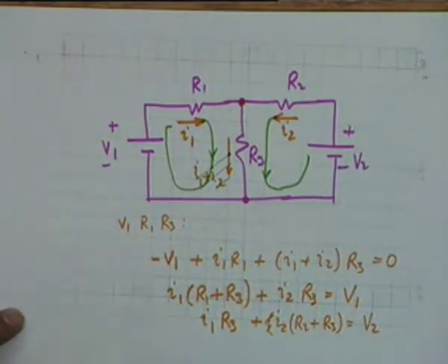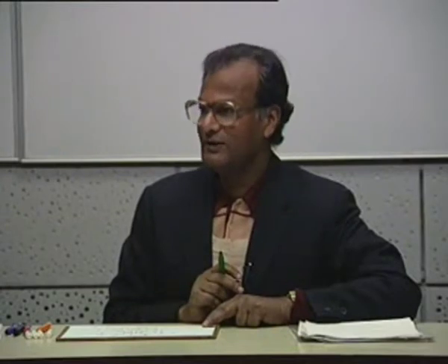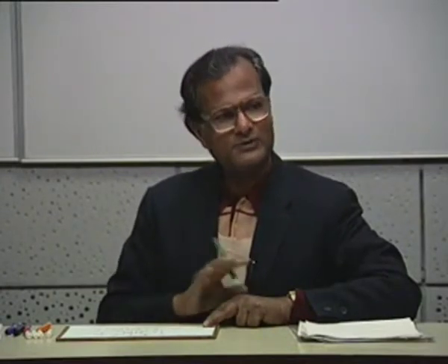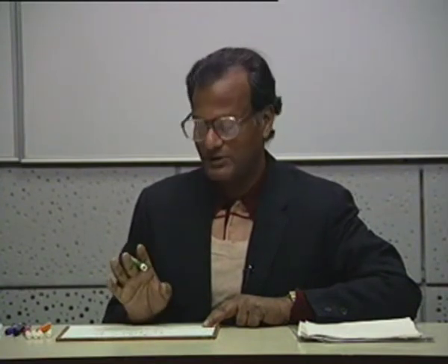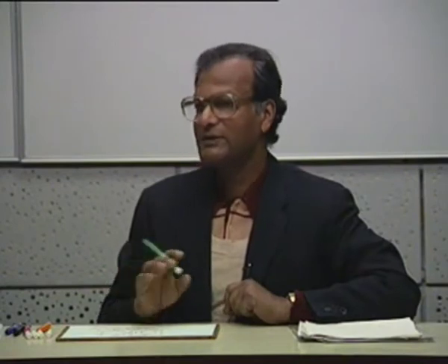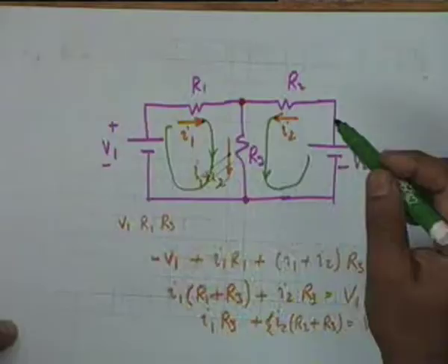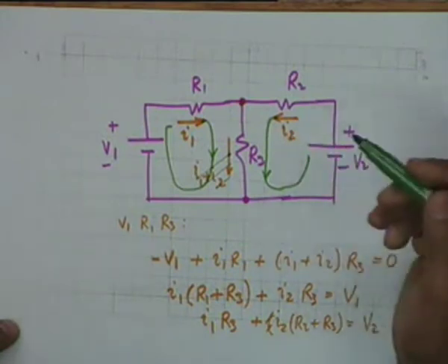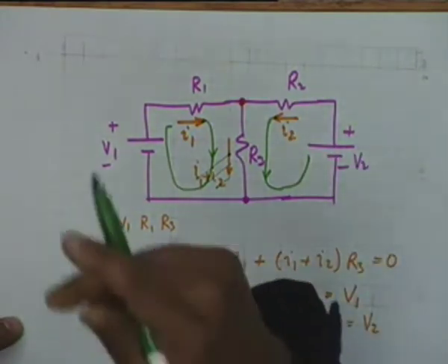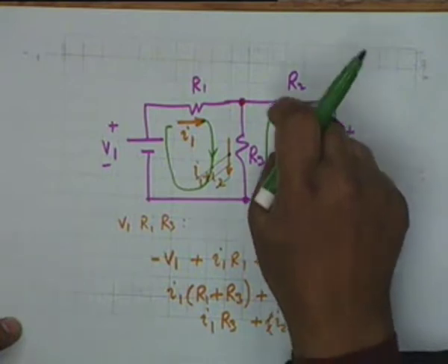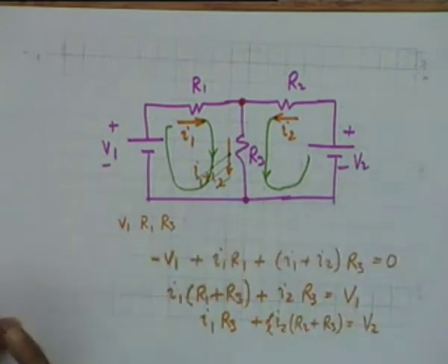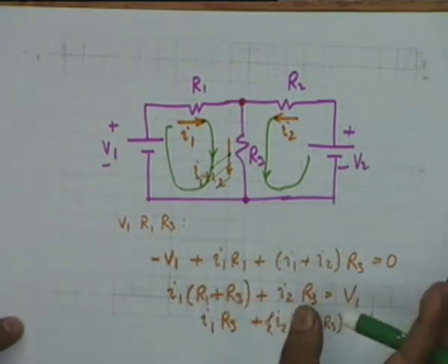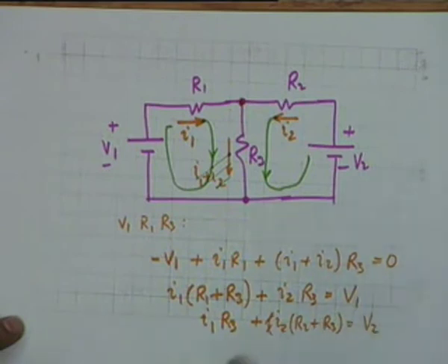One might ask here, which direction, clockwise or anti-clockwise? This is absolutely arbitrary. There are no set rules, nothing sacred about it. You may set out loop currents in any direction. If finally I2 comes out as a negative quantity, then you know that the actual direction of I2 shall be in the other direction. That is all. You could go all clockwise, all anti-clockwise, or some clockwise, some anti-clockwise. There is absolutely no problem.